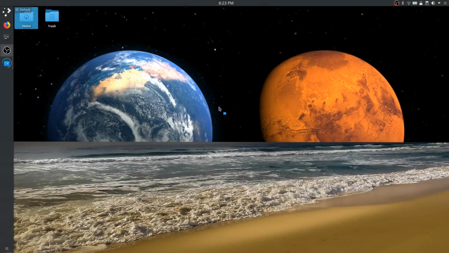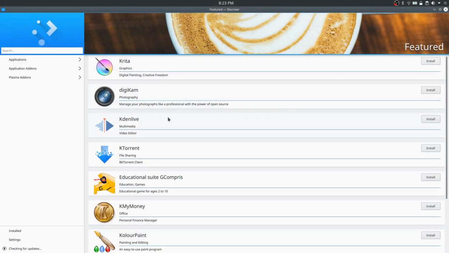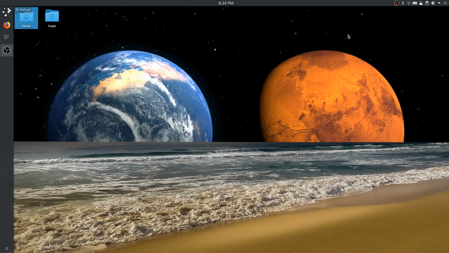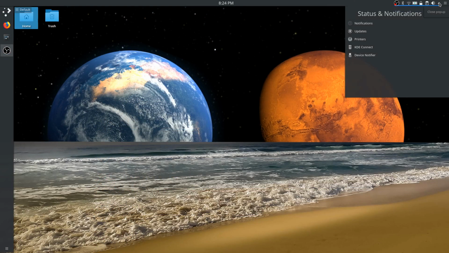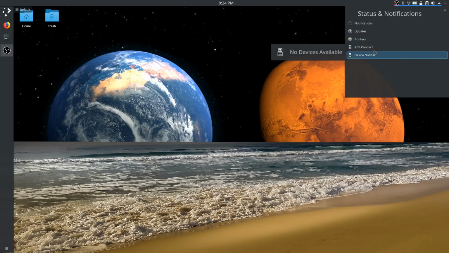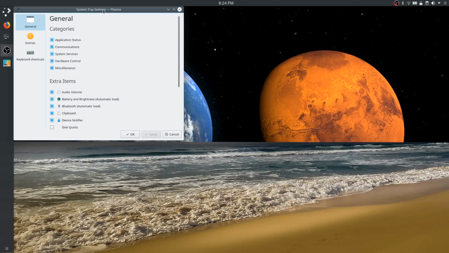And the one thing I haven't shown yet is the Discover store. So that seems to be working a lot better these days. So I've had to install LibreOffice Calc to get number 6, because in the Discover store it's actually 5.1 and it's really old. I mean really old. So now the other thing I noticed with these, you'll see the OBS is actually on the panel. It's actually when you first install it, it sits here in the notifications. So if you right click on System Tray and select System Tray Settings,